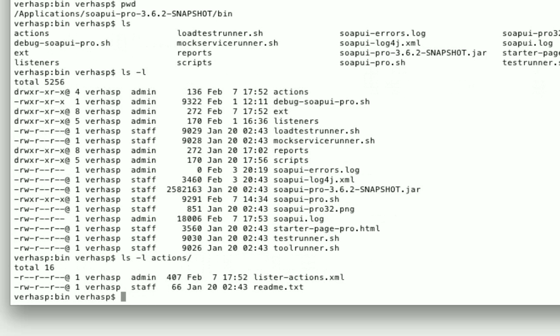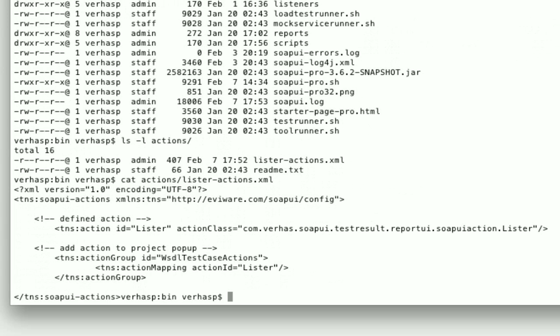actions, then we can see that here is a lister action.xml, which is simply here. You can see this defines an action for soapUI. On the details of how to define an action, you had better look up the documentation of soapUI itself. But the long story short, you have to copy this lister action into this directory from the Pegamento TR installation kit. If we look at the directory